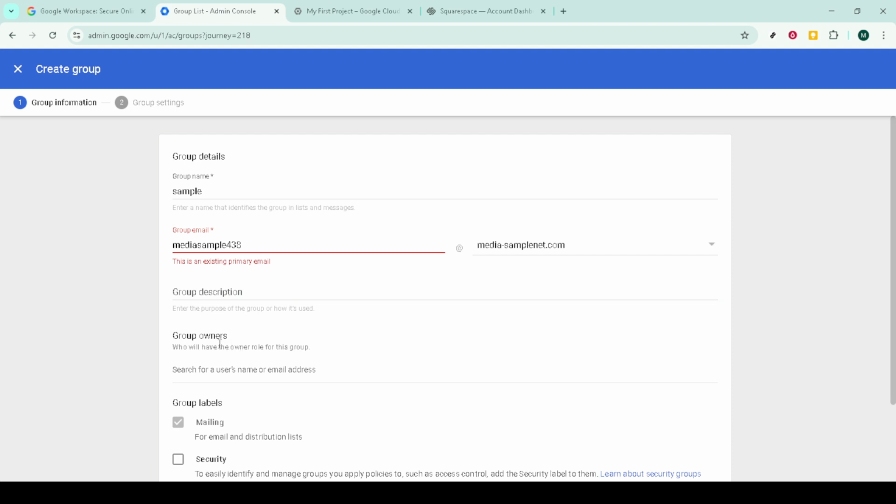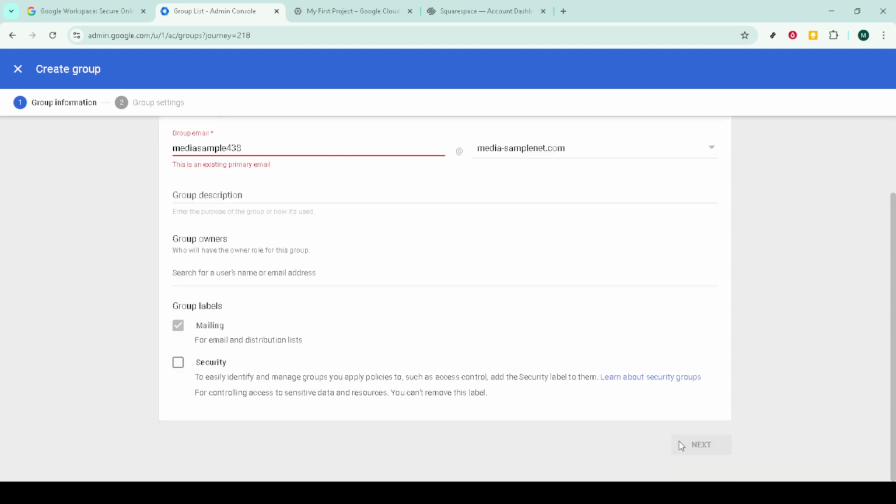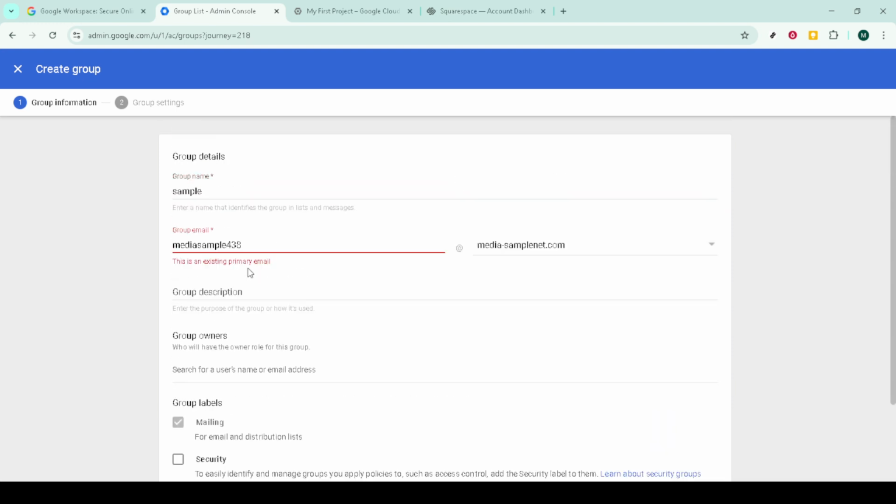Click Create Group to finish the initial setup. You'll be taken to the Groups page. To turn this into a collaborative inbox, open the group in Google Groups by clicking its name. In the Groups toolbar, go to Group Settings, scroll to the section called Enable Additional Google Groups Features, and select